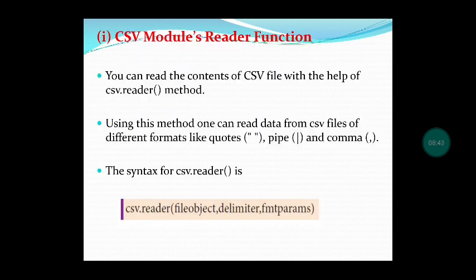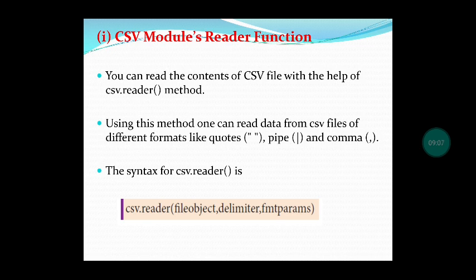Next, CSV files can be read using the reader function. For this purpose, we need the method called csv.reader. And using this method, we can read the data in different formats. Either we can use double quotes, or we can use the pipe symbol, or we can use a comma.